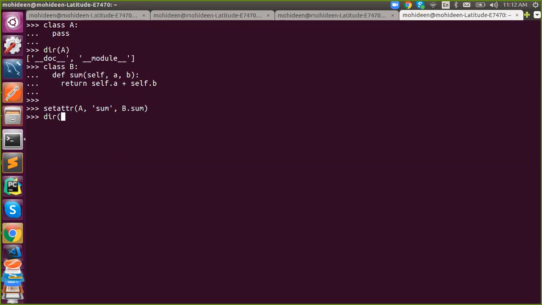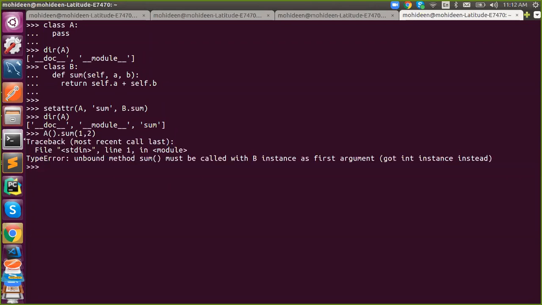Got it? Now I'm going to check that. We got a sum inside. So instantiate it and start using it. I think it is derived from B, so it should look like that.